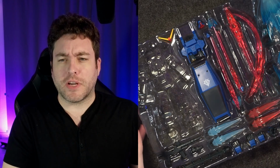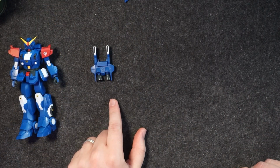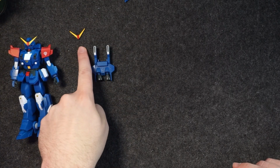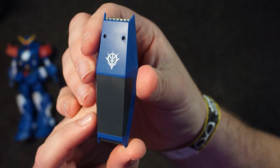What's my new approach? I think I just dump it out on camera. Like, this is that Jenga tower I was talking about. All right, and let's go through these one by one, potentially. So we have an additional backpack that I'll be putting on him shortly. We've got an extra V-fin. You never know if you need an extra V-fin. Glad it's there. We have this shield. The shield looks great. Even has the...